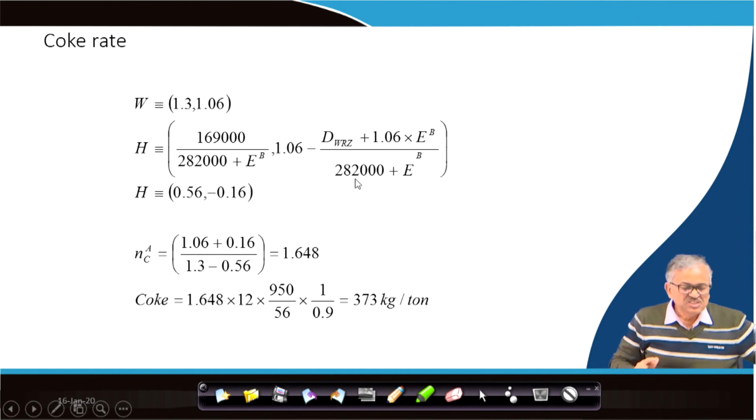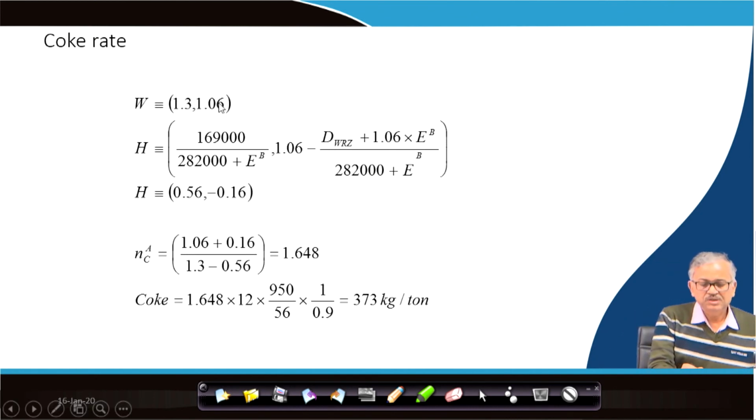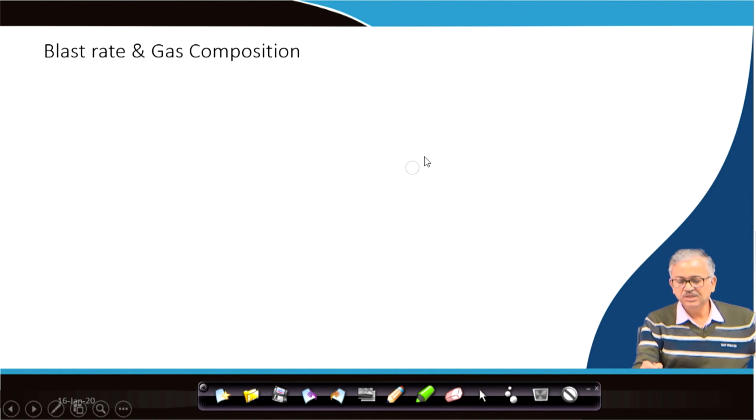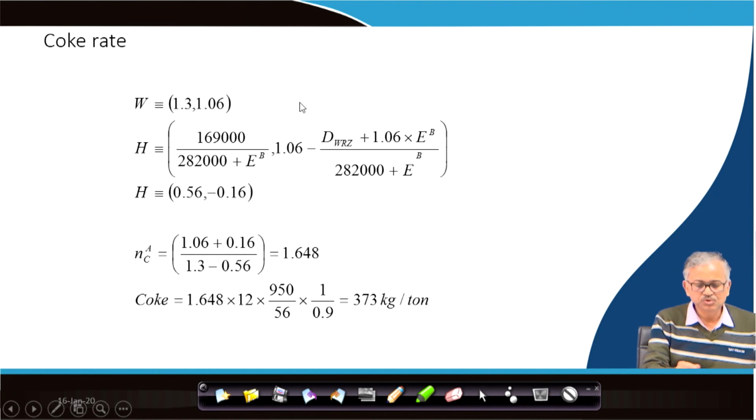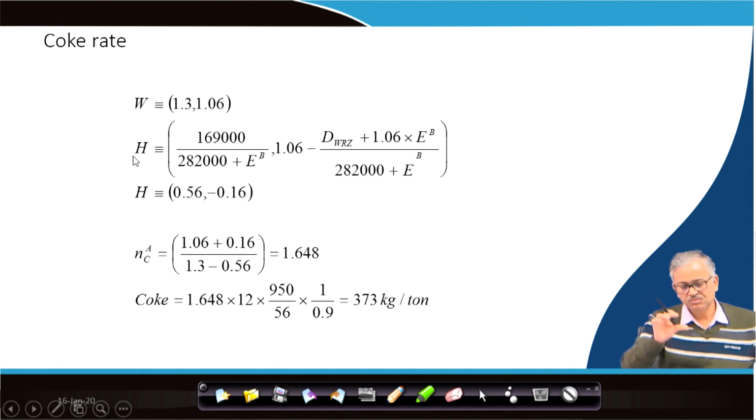Then in the Wüstite reserve zone, there is a thermal pinch point, and the chemical pinch point is known and constant, 1.3, 1.06, because basically this is the Wüstite equilibrium composition. And the thermal pinch point is given like this. You need to know the heat demand and the excess blast enthalpy, and both terms we have calculated already. So we put those values in and get the thermal pinch point also. Then in the CA diagram you can simply draw the line, because there are 2 fixed points.